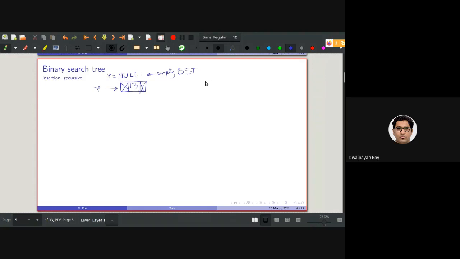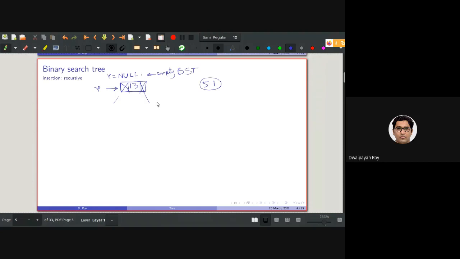Now say I want to insert 51. Now root is pointing to here. The data stored in root is less than the value that I want to insert. So 51 will be going into which direction? Here or here? It will be going into the right direction, right?